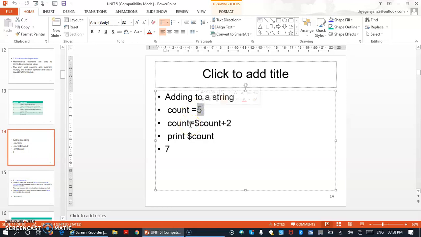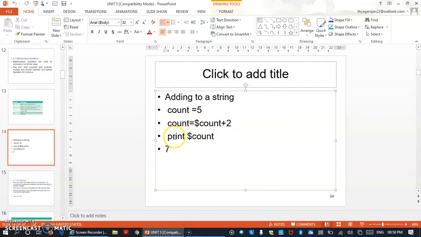Here I have an expression, count equal to $count plus 2, right? Before any variable, if I use a dollar sign, it indicates the value of that particular variable. So the value of count is 5, plus 2, so a total of 7 will be stored in the variable count.